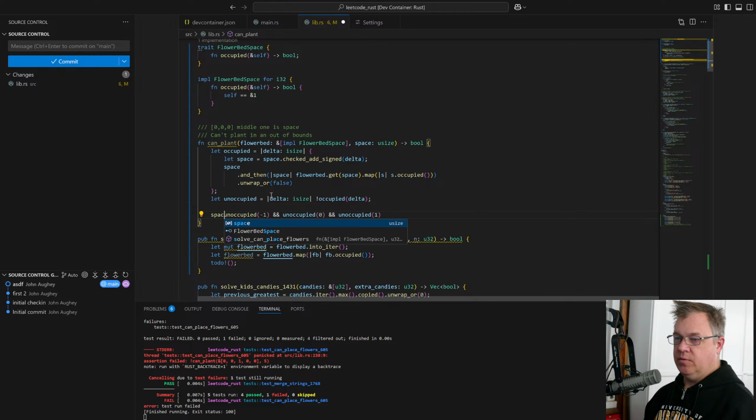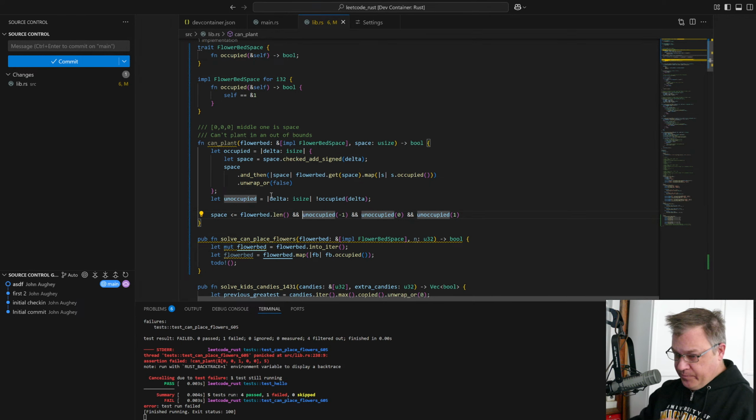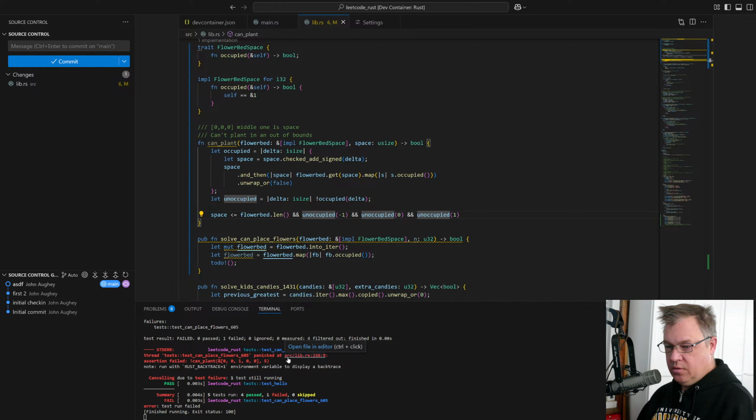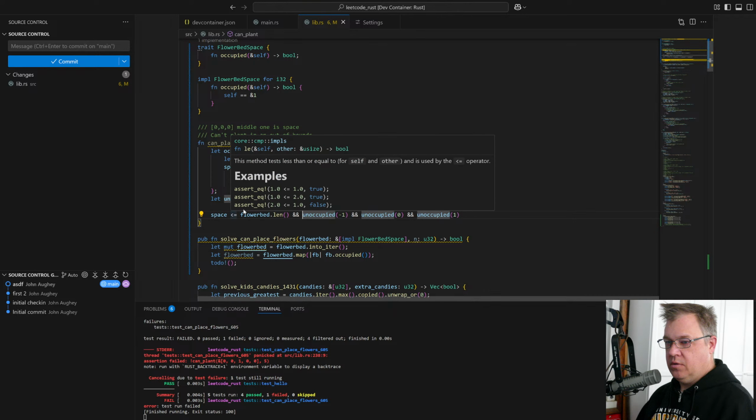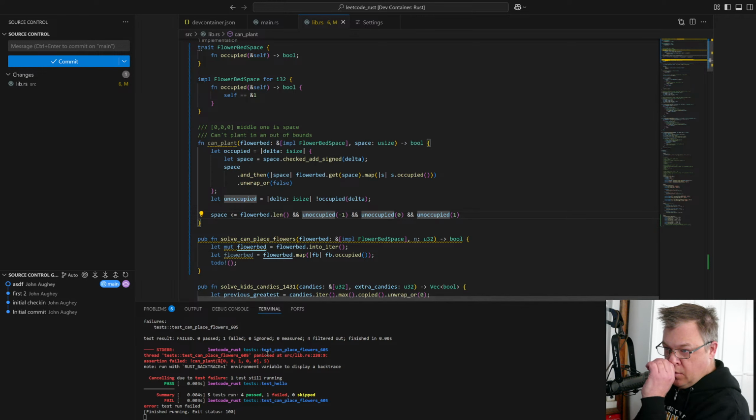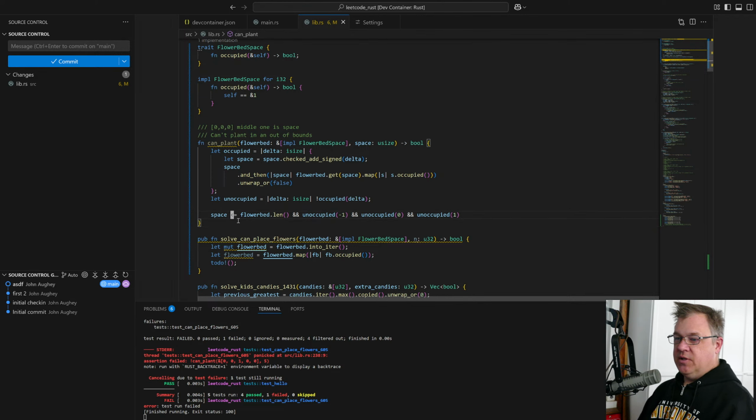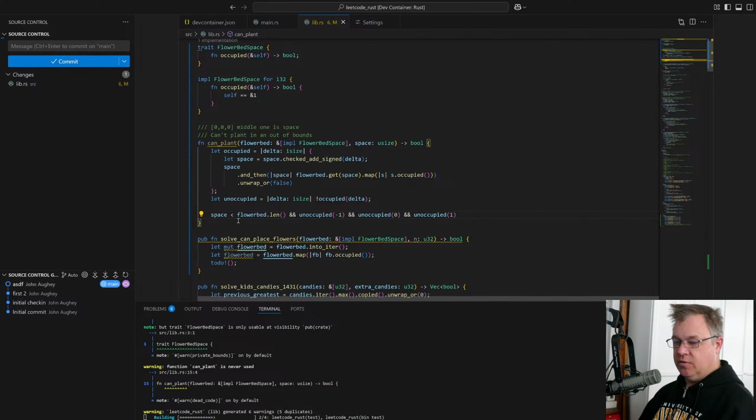So we really want this to be space is less than or equal to flower bed dot length. Panicked. Oh, panicked because of that. Zero, 1, 2, 3, 4. Oh, it's got to be less than, not equal, because length is 1 greater than it. Good.